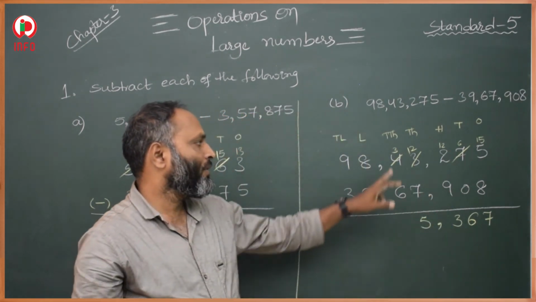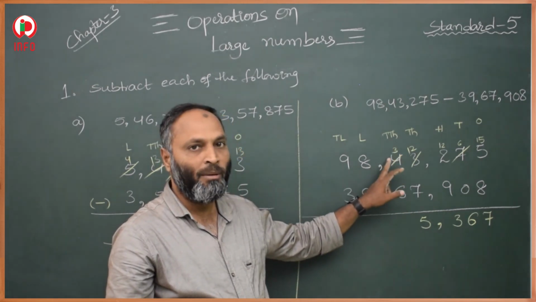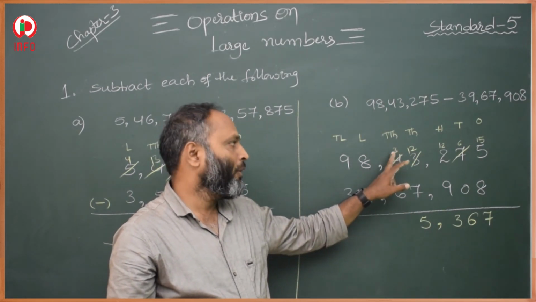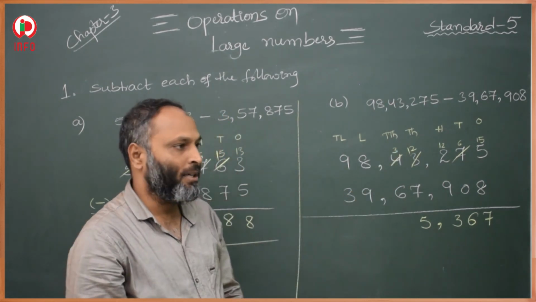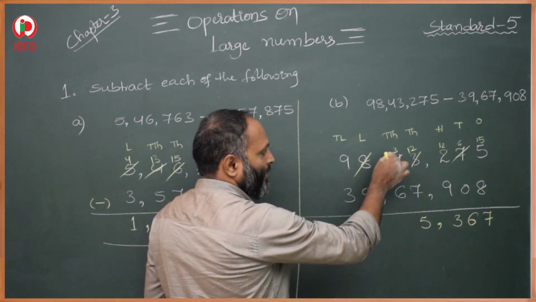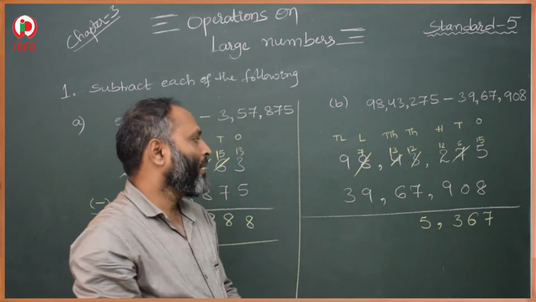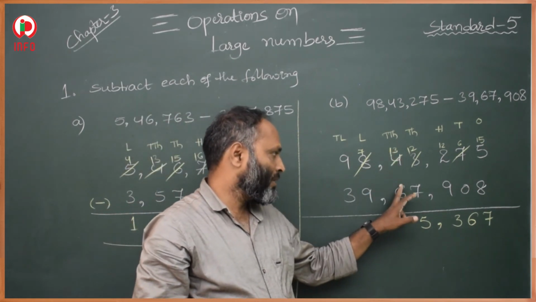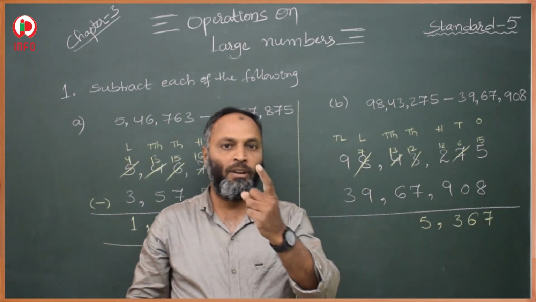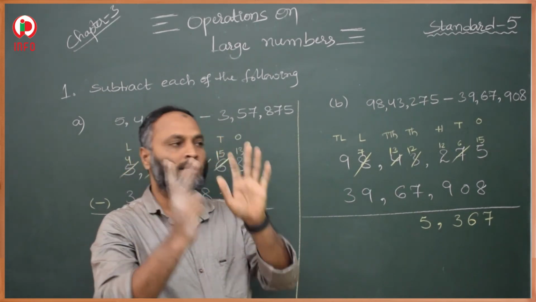Then after that, here 3 is there and here 6 is there. Then 3 minus 6 is not possible. Why? Because this is the minuend, and it is lesser than the subtrahend. So again we take borrow from the next place, the lakhs place. Then 3 becomes 13 and 8 becomes 7. 13 minus 6 means count from 7 to 13: 7, 8, 9, 10, 11, 12, 13. The answer is 7.